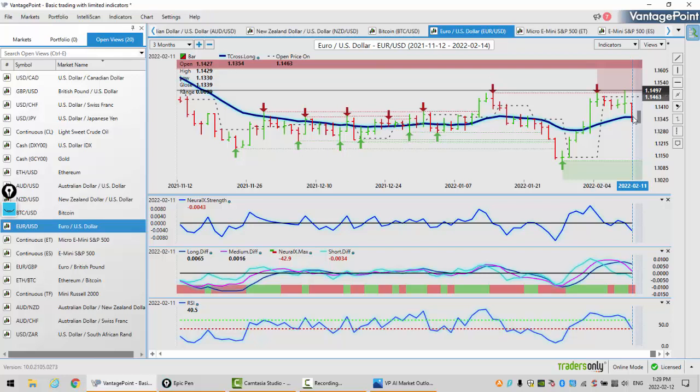Now, the euro does have a strong correlation to gold, and this tells me that the move in gold and potentially the move in the dollar, even with the seasonality, is not so much an intermarket correlation, but a risk-off scenario based on Russia and Ukraine. So again, we'll monitor this, but our T-cross long is 113.54. But the main level you really want to watch here, guys, is 113.70, the yearly opening price. If we stay below that, the euro is likely headed towards the 112 area. And right now, based on the forecast in the VantagePoint software, I would say that there's a very, very strong possibility that that will be the outcome by the weekend.